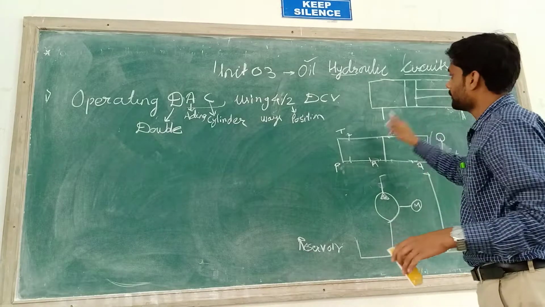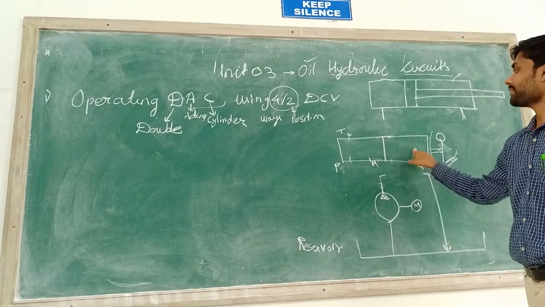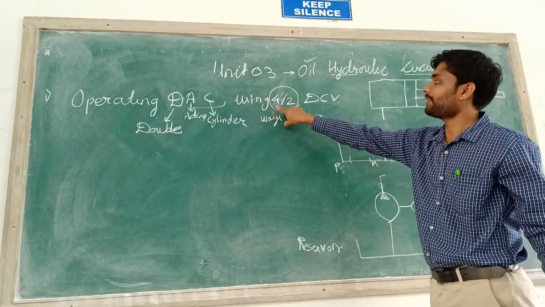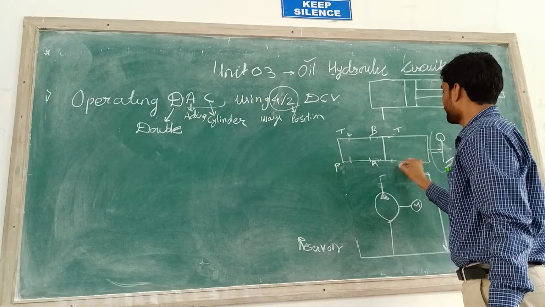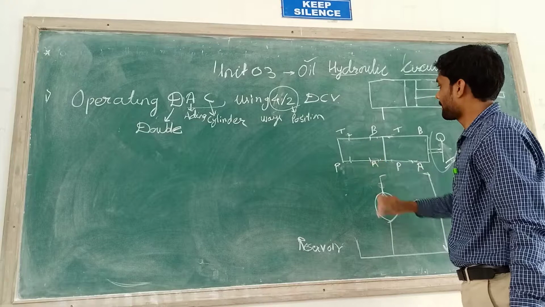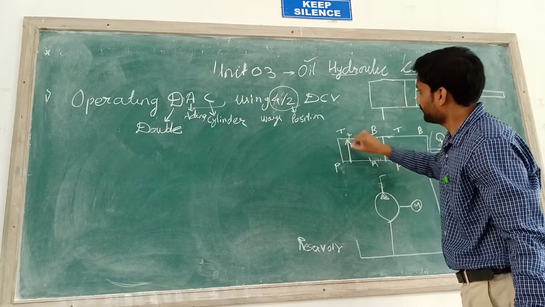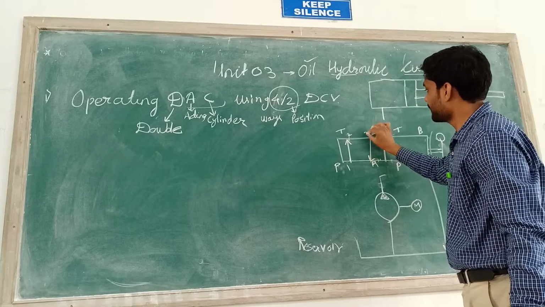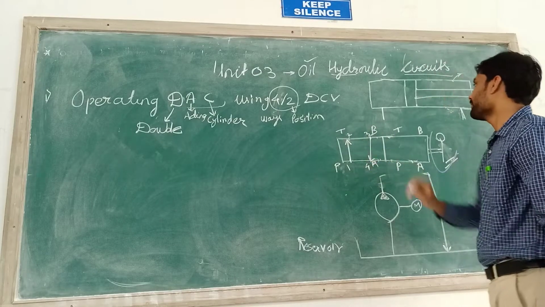Okay students, so as we named it, we are going to use here 4/2 direction control valve. So here we are having 2 positions and 3 ways, 1, 2, 3. We require again one way, so we name it as point B here. Okay, so T, P, A and B here. So this is the first and this is the 1, 2, then this is the 3 and 4. This is the 4 position, 4 ways, and this is the first position.